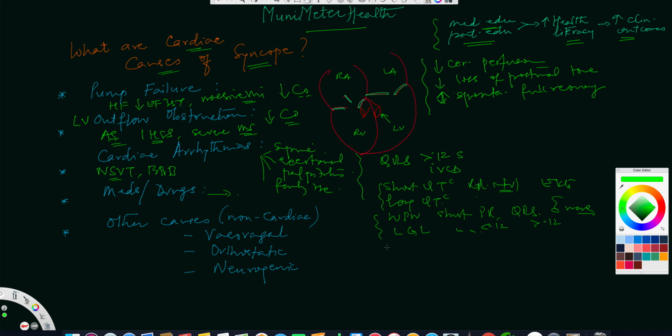The other thing that you also have to worry about is whether there is any right bundle with a Brugada pattern. So let's write Brugada here. What is a Brugada? Where you have a right bundle branch block, and then you have ST elevations in V1 to V3. So V1 to V3 right precordial leads will have ST elevations in a right bundle branch setting. Now these patients commonly have been seen in Mediterranean descent, Italian descent, and of course in some Asian populations also. Now increasingly we are seeing Brugada being present.